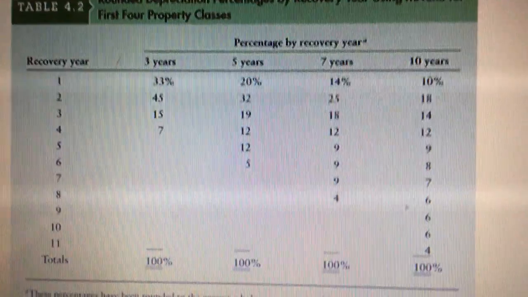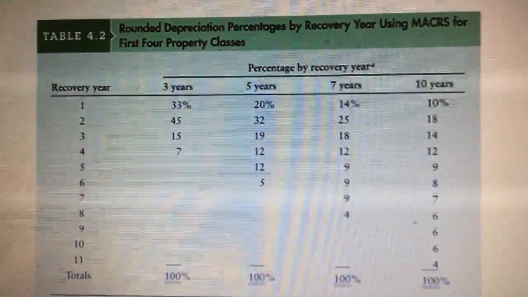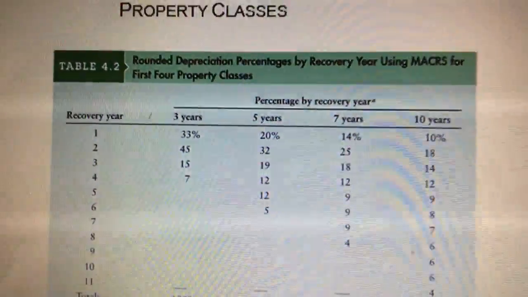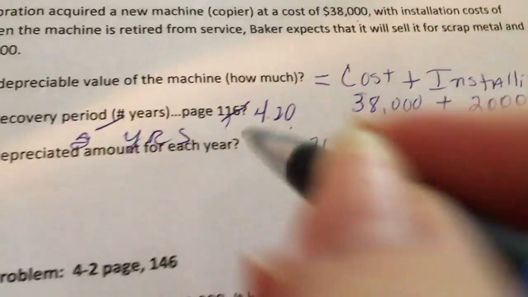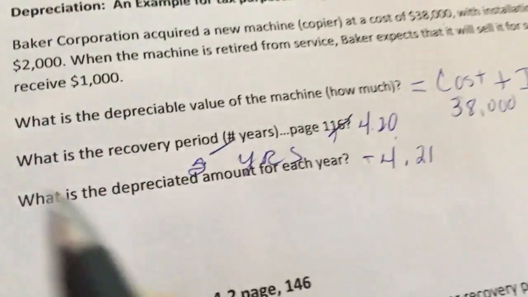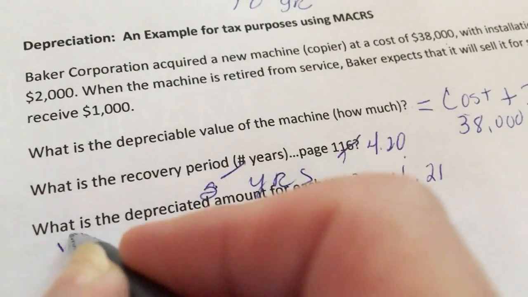So let's do a table here, starting with the 5-year property. Now, coming back to our paper. Okay, in year 1, we would have to take the $40,000. You cannot use